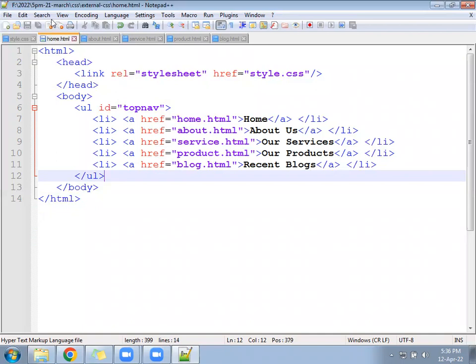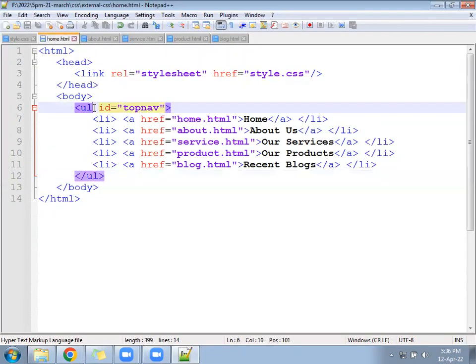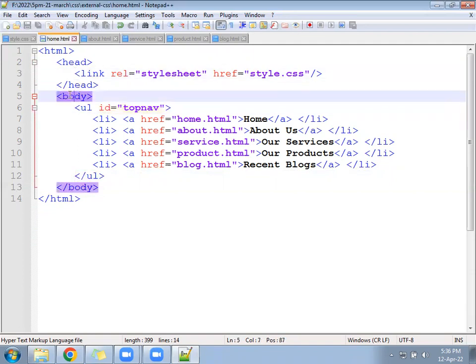Check now whether the CSS file is linking or not. We can run this file and we can see. See, the CSS got linked. It is linking with the CSS file. CSS is a separate file and HTML is a separate file. Both are linked. Let me know, is this link rel running or not running? Your CSS becomes a separate file and HTML becomes a separate file.